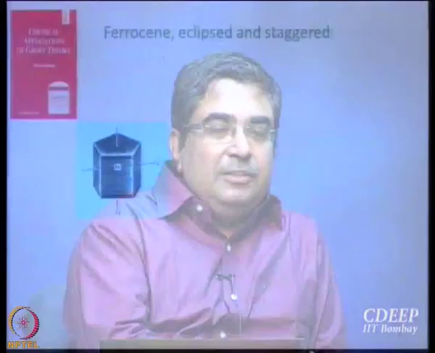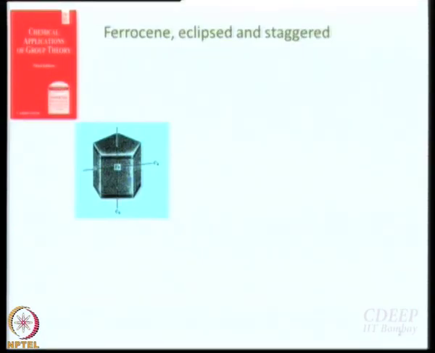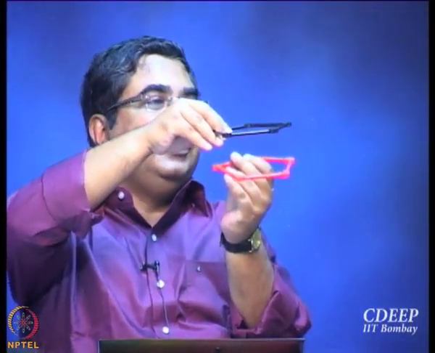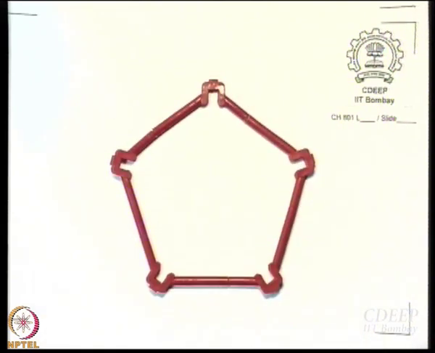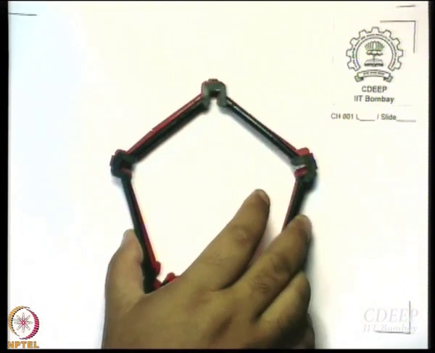So to start with, I think we had closed the discussion last day with ruthenocene and ferrocene. So let us start with the eclipsed configuration. Eclipsed is very easy. So let us say these are the two rings, right? 5-membered rings, one on the top, one on the bottom. That is the structure of ferrocene when it is eclipsed, right? So let me just keep it here and see if it will project or not. So this is the eclipsed structure. You don't even see the red ring because we have the black ring on the top.